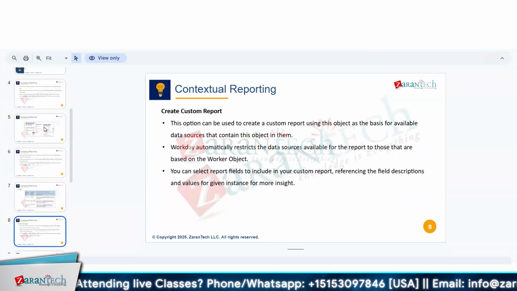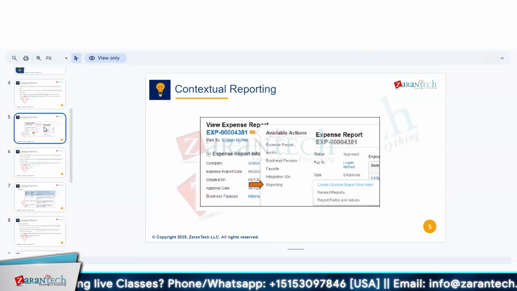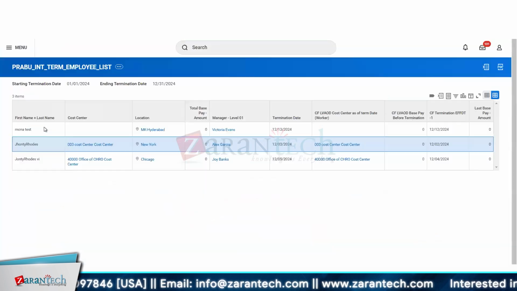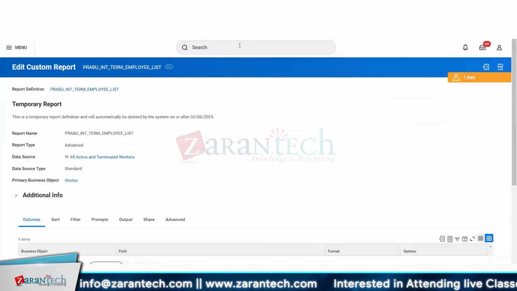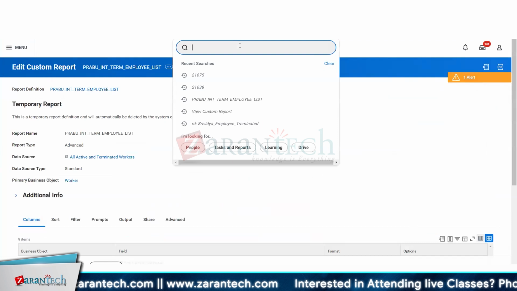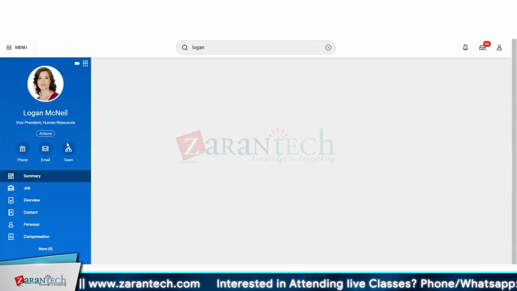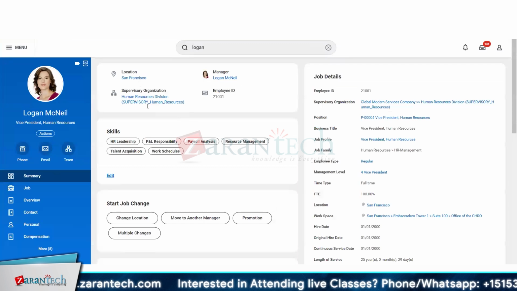There are three things you can do. You can create a report, you can see the related reports which have already been created, and you can also report on fields and values, like I think we saw yesterday on one of the fields, how can I see the values currently sitting on the report, or what kind of values this field holds. So if I go to, and again, that's my favorite person, and if I go here, you see there's